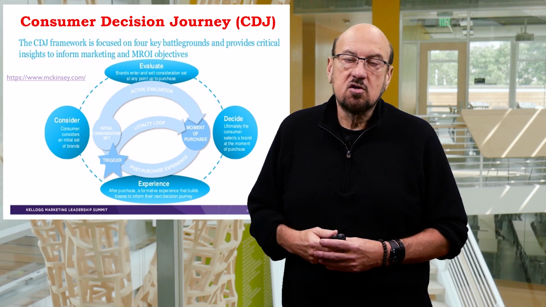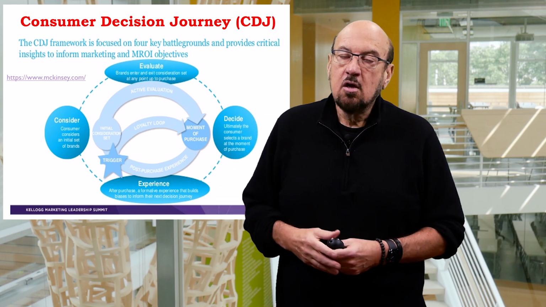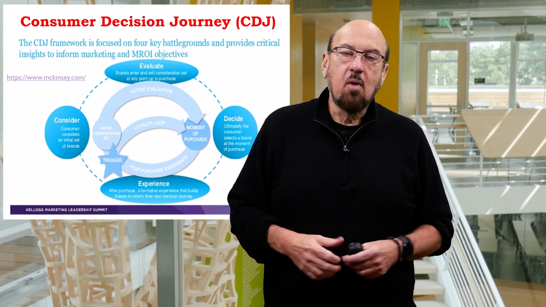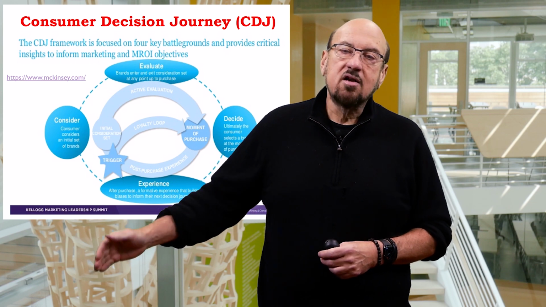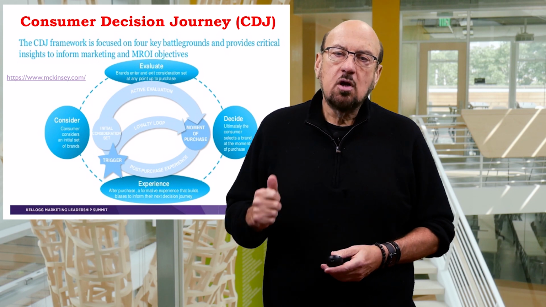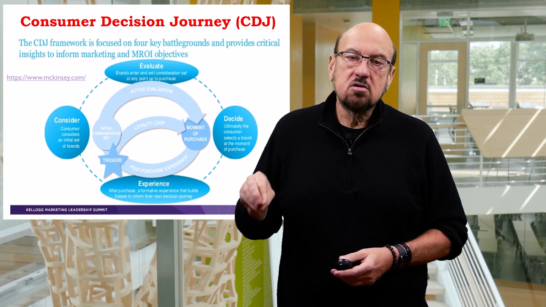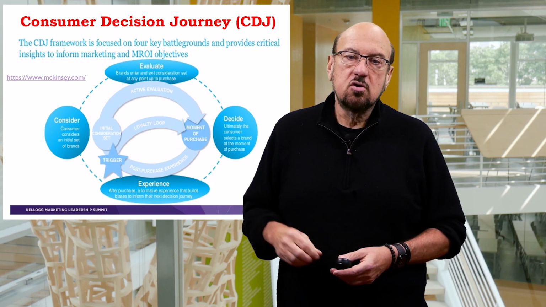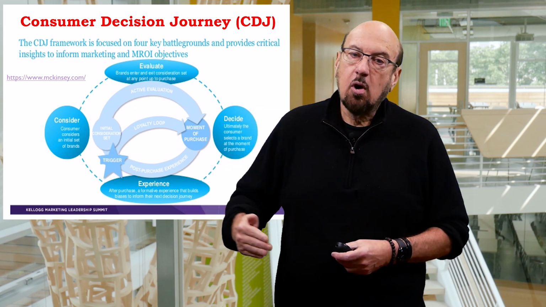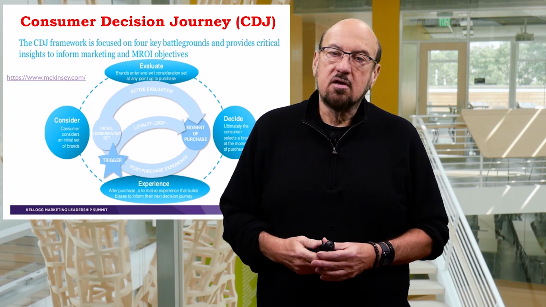The second phase is really where do we gather information and how do we evaluate that information? So am I going to go online? Am I going to talk to a salesperson? Do I talk to my brother-in-law, my son, my daughter? What kinds of information am I going to use? And then which information sources are considered most credible? And how do those types of information and information sources influence preference formation? How do they influence whether I gather additional information or not? And we will talk further about this.